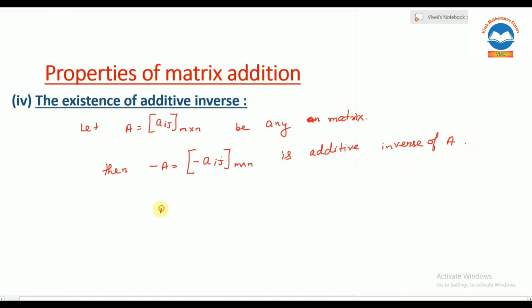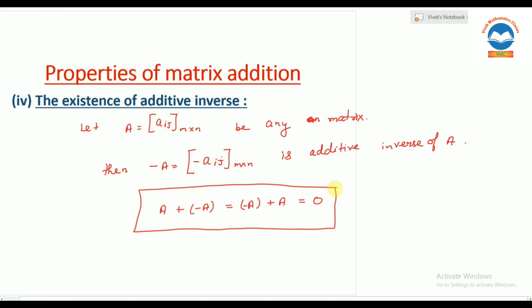Why? Because in this A matrix, if you add minus A, and in minus A also, if you add A, you will get 0. It means, what can we say? We can say additive inverse of A will be minus A, and same like this, vice versa also, we can say additive inverse of minus A will be what? A. Because in A if you add minus A, you will get 0 matrix. Same like this, in minus A if you add A, you will get 0 matrix. So the additive inverse of A matrix is minus A.